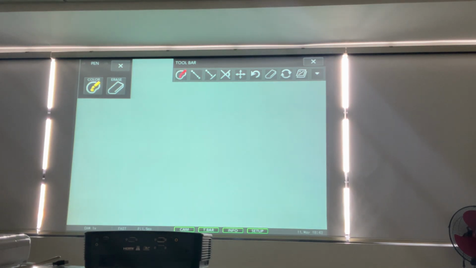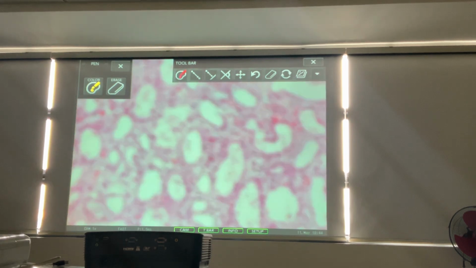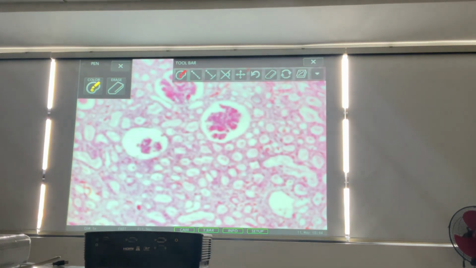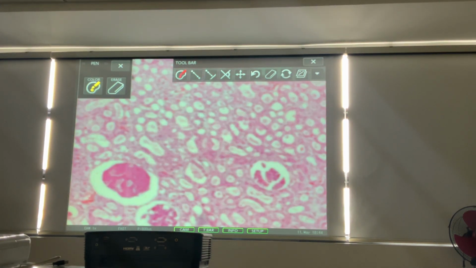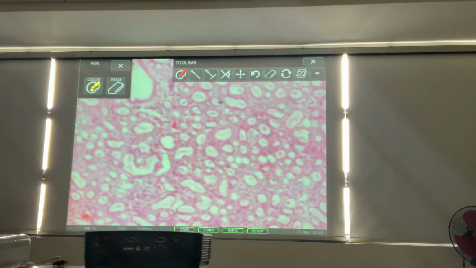Next slide is lupus nephritis or SLE of the kidneys. During practical exams, if you have your slides, the label of this slide is SLE kidney, but the correct diagnosis is lupus nephritis. So during practical exams, it's better to use the term lupus nephritis rather than SLE kidney, because depending on who checks your paper, you will have a better chance of getting it correct when you write lupus nephritis.